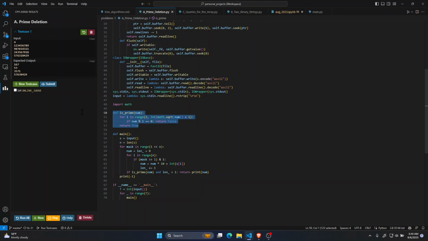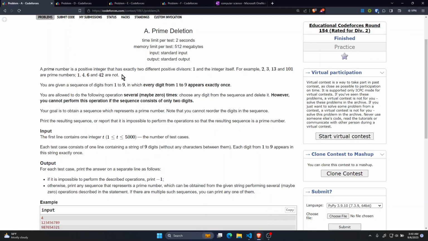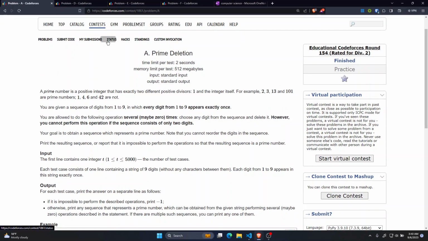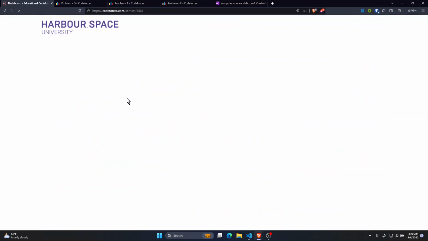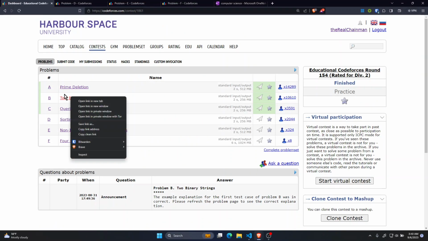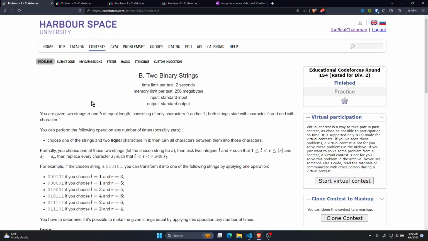This algorithm for checking is prime is square root n, and this is going to be like 2 to the 9, which is something like 500, around 500. So it should be fast enough regardless. The next problem is this one, binary strings, two binary strings,